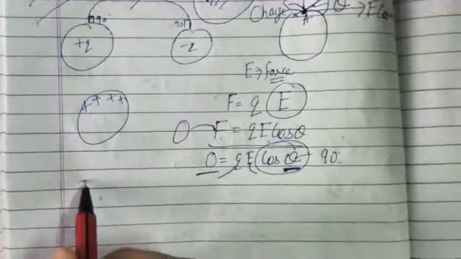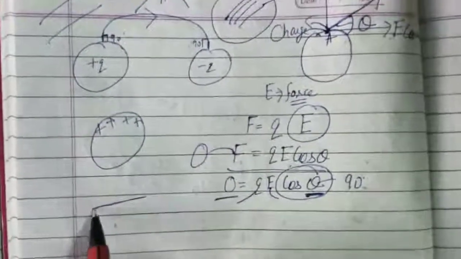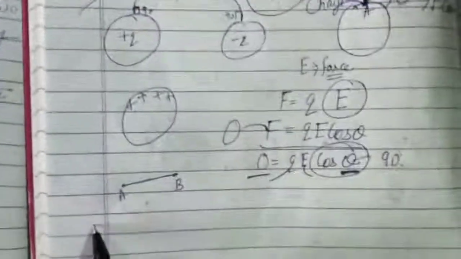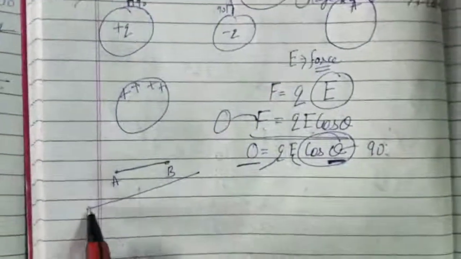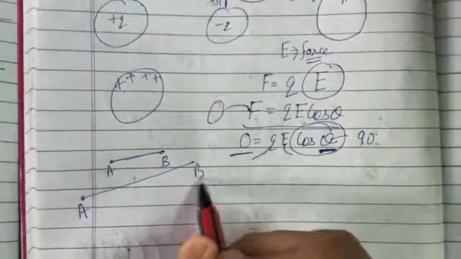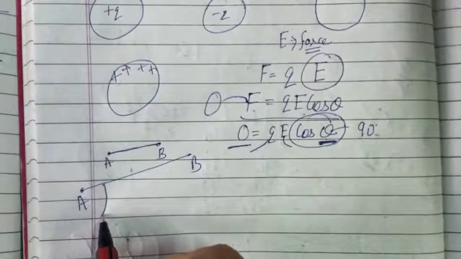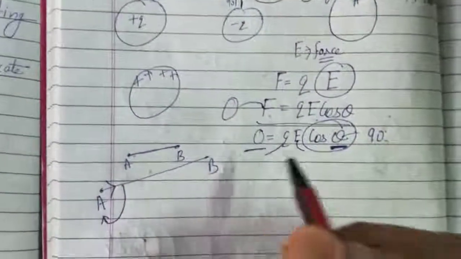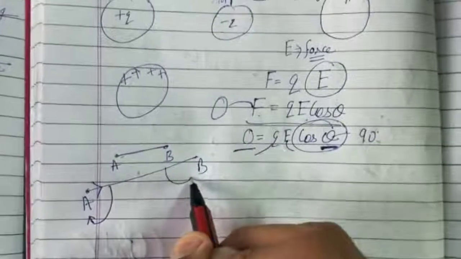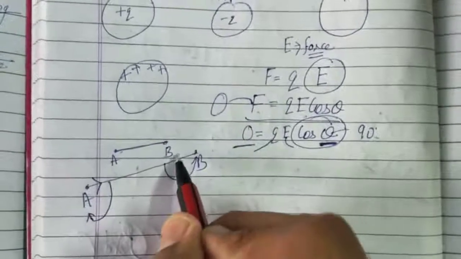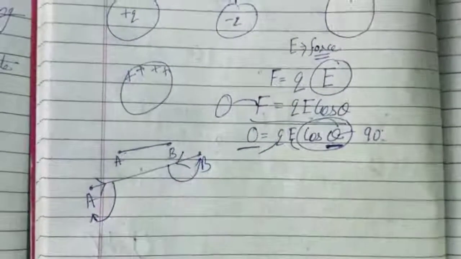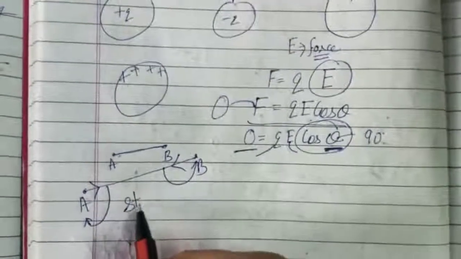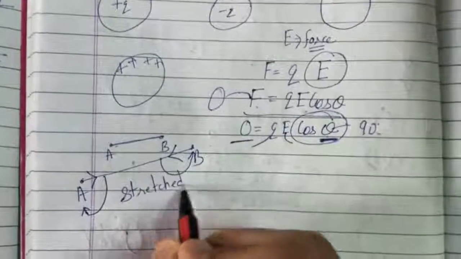Suppose you have a rubber band. This is the first end of the rubber band, and this is the second end. Stretch it, and its length will increase. This corner will apply a force on this end in this direction because it wants to return to its normal position. This corner will apply a force on this end also because it also wants to return to its normal position. Physics says this is a stretched spring.